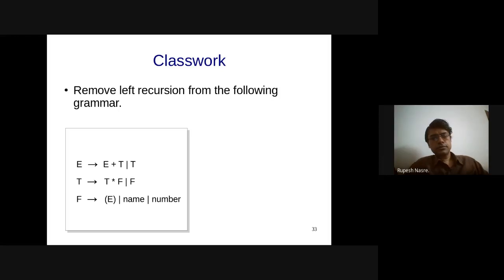So here A derives A alpha or beta. So in this case, A is E, alpha is plus T, and beta is T, right, for E. We might have to apply it again for T because that is also left recursive, but let's focus first on that. So that needs to be converted into beta B, right, where B is a new non-terminal, maybe E prime or something like that, where beta is going to be